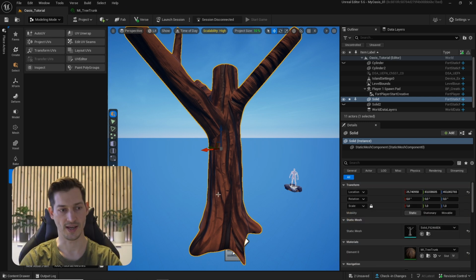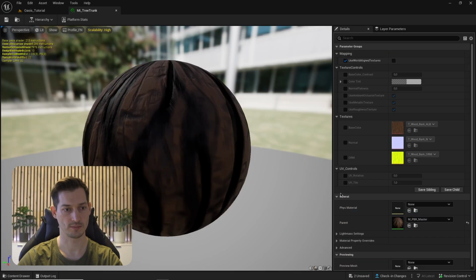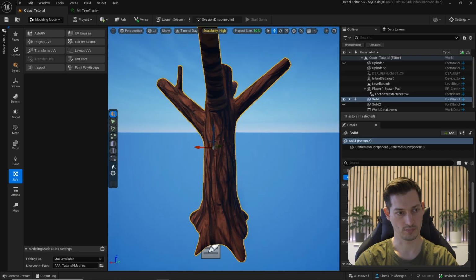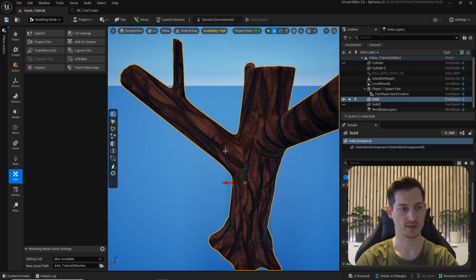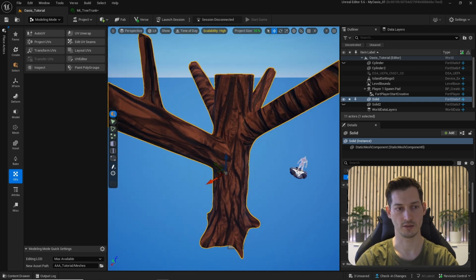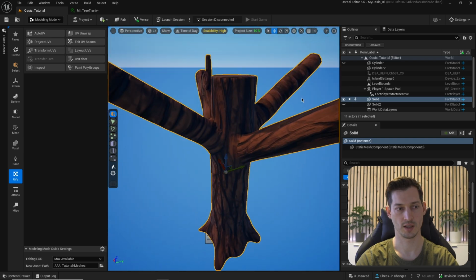First, I'm going to tile this a bit more, let's say 2 times. So in my material instance, I'm going to set UV tile to 2, and this looks better from the scale. But there are also some other issues. For example, this tree branch, the bark runs in the correct direction, but here it runs incorrectly. And here as well. This is why we used custom UV coordinates, because now I can change this based on